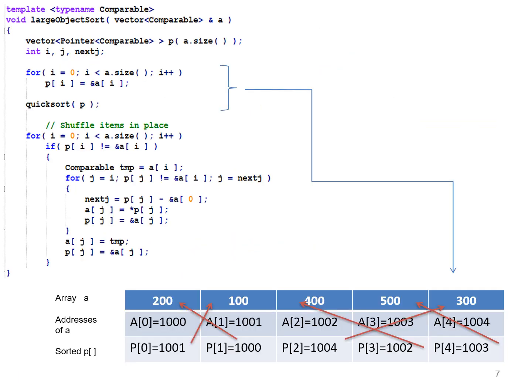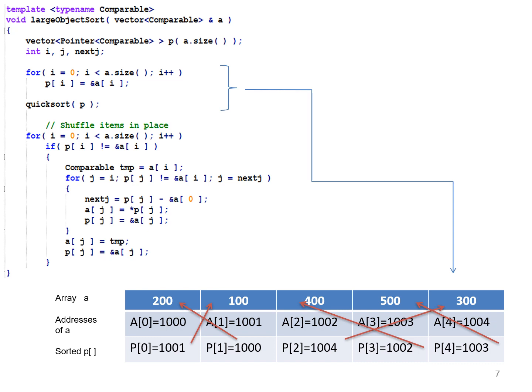Now we'll take an example and see, say the previous elements. Now you see, after sorting this, look at the diagram here. The first 2 points: one loop to assign the pointers to the index elements and run a quicksort. Once you do this, you have got this particular arrangement. So p0 is pointing to 1001, p1 is pointing to 1000, and so on.